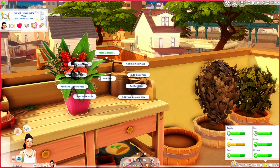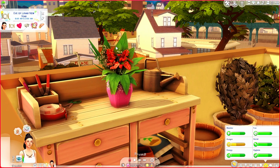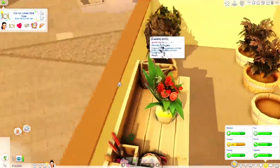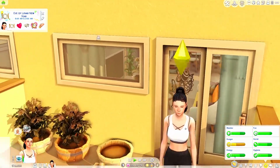We're looking for something that would look good in her parents' house. Maybe a white gold vase. Actually, that looks quite nice. Okay, and then we're going to get Reina to put that into her inventory as well. And with that, it's almost time for us to go to our parents' place, so let's go and get ready